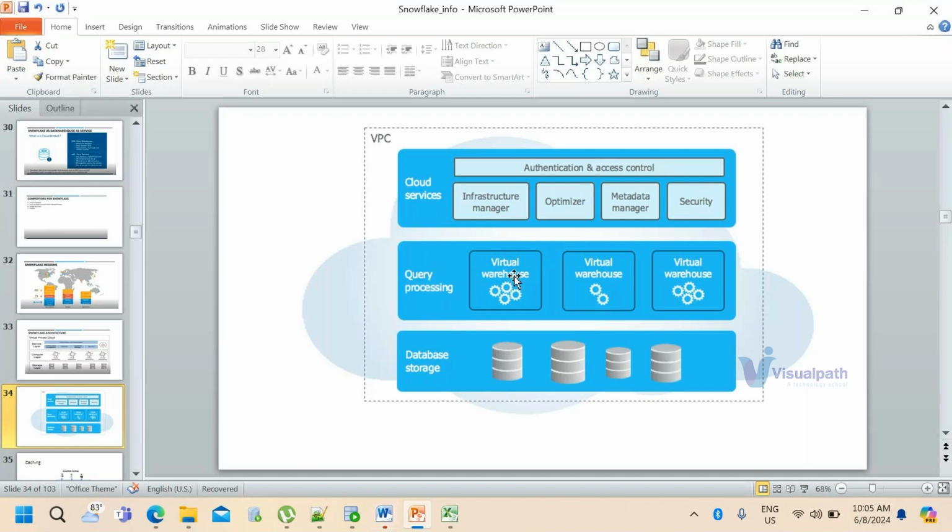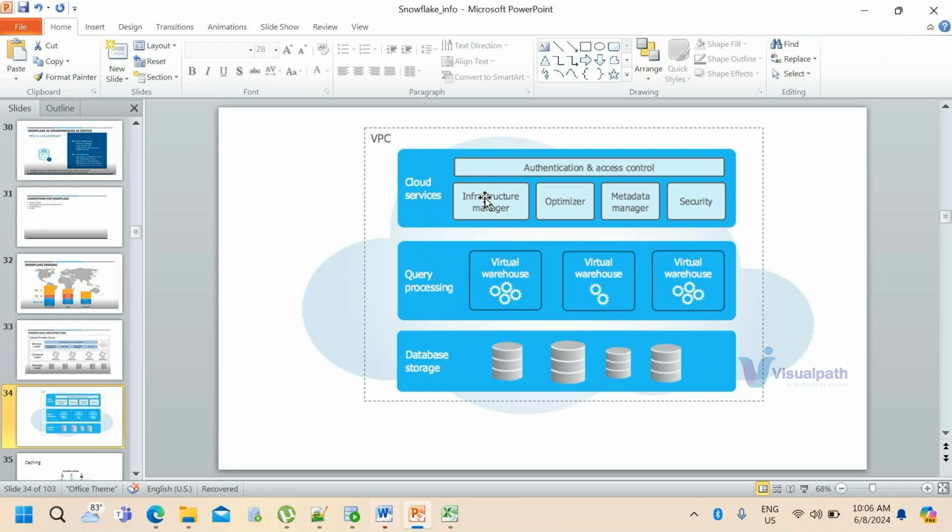If my virtual warehouse size is more, my performance will be improved. So the point is, in the database you will have data, and the virtual warehouse will be responsible for retrieving the data from the database. It will depend upon your virtual warehouse size. Clear? If you're clear, I'll move to the cloud service layer.